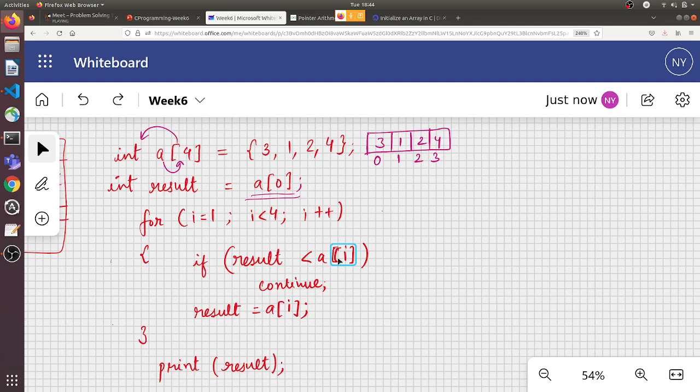Zero. That's not correct. Anybody else? 1, 1. Yeah. So in the first iteration of the